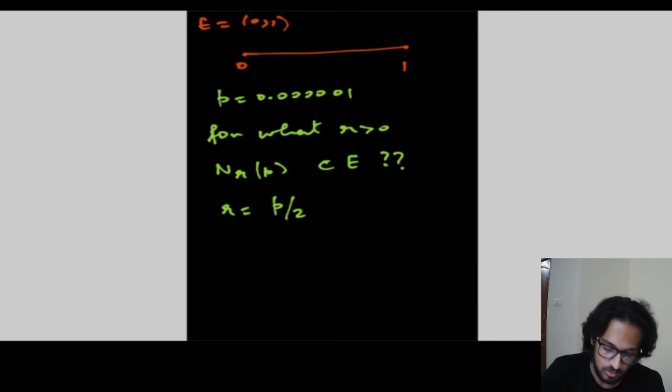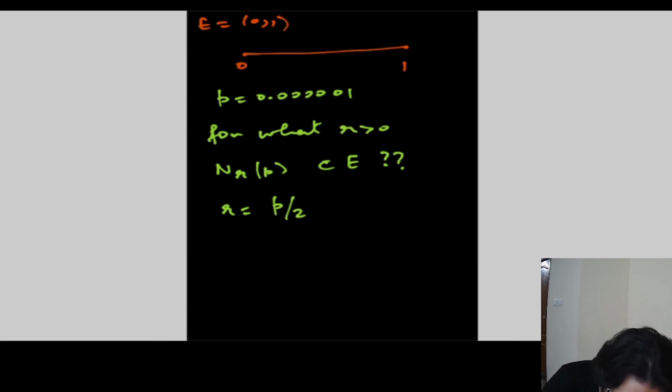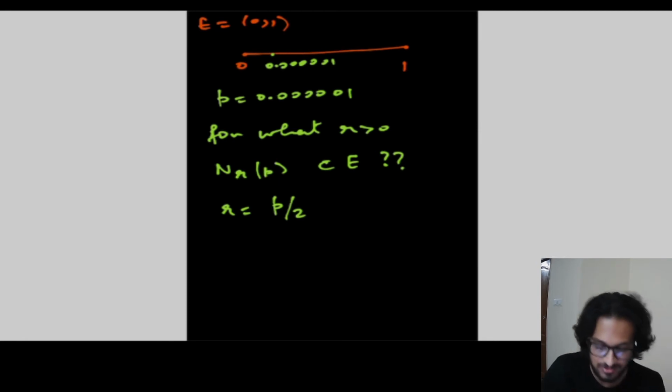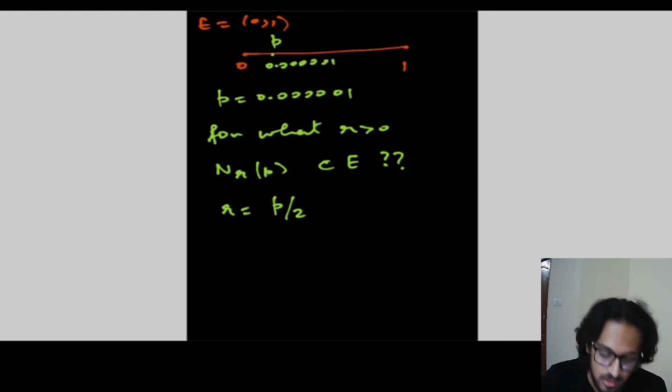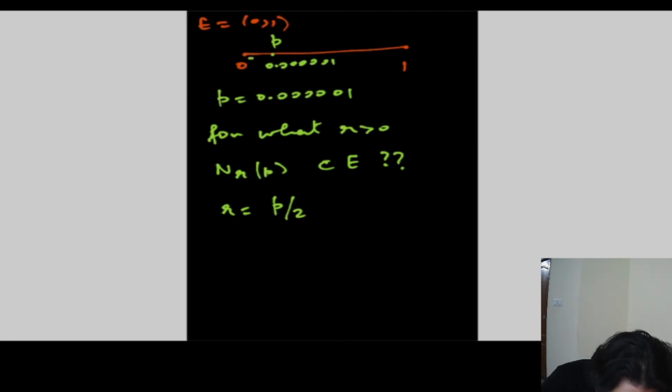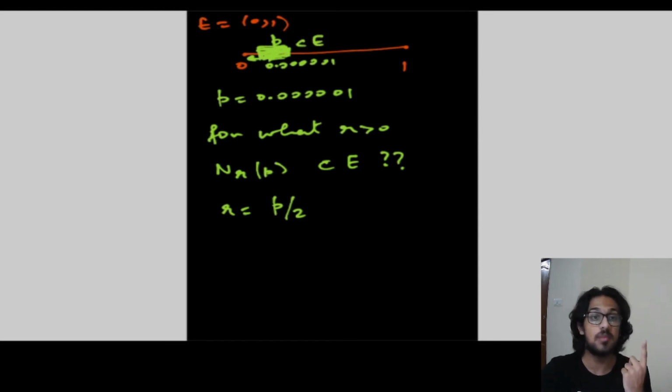Yeah, no problem. So let's say I'm going to exaggerate here. Let's assume that this is 0.00000012345. I'm exaggerating the distance. It's actually obviously much closer, but just to show you clearly. Now, if I take half the radius of this distance, all these points will be the neighborhood. All these points are obviously a subset of E. So I already found one neighborhood such that that neighborhood is a subset of E. Therefore we can say this particular P is an interior point.